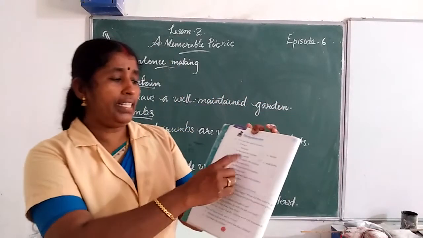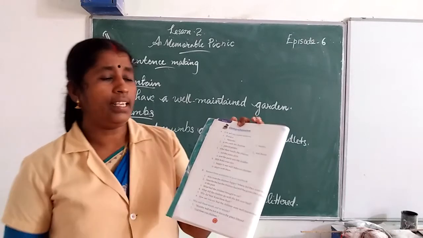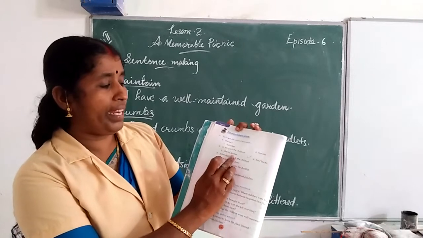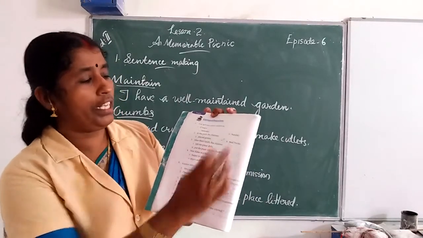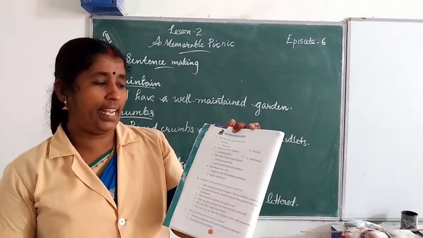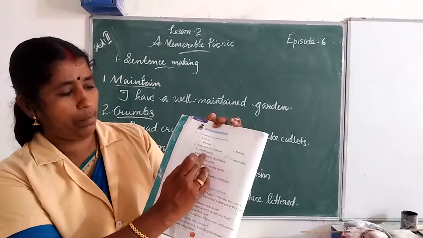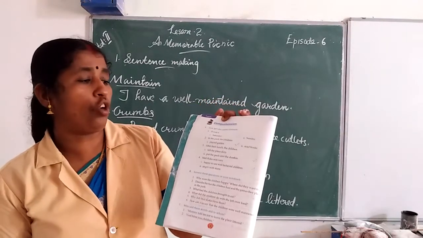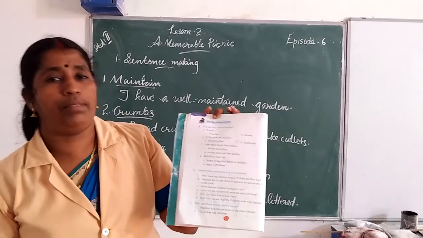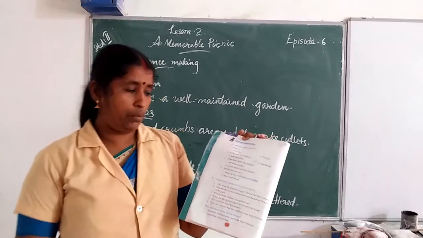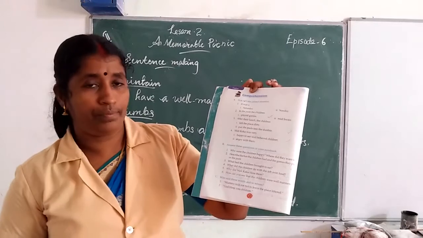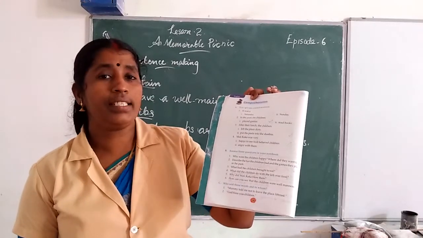The next one, in the park, the children dashed. What did the children do in the park? First option, played games. Second option, read books. The children played games in the park. Tick the first option, played games. You tick this column. Okay, we finish.